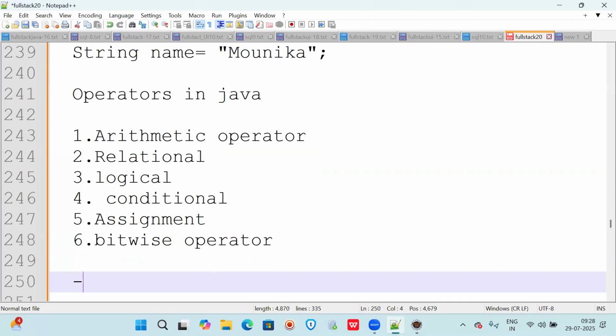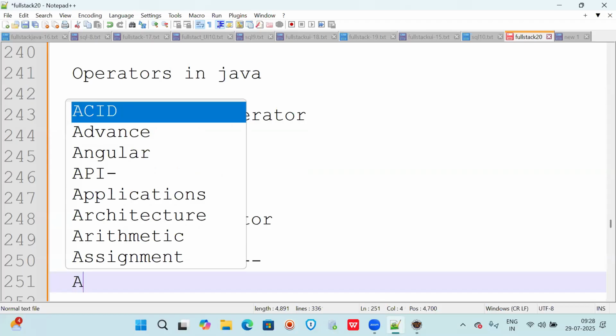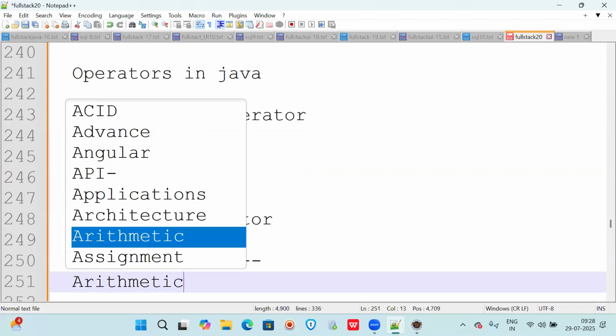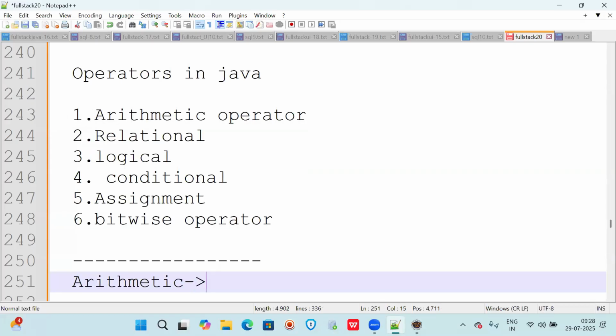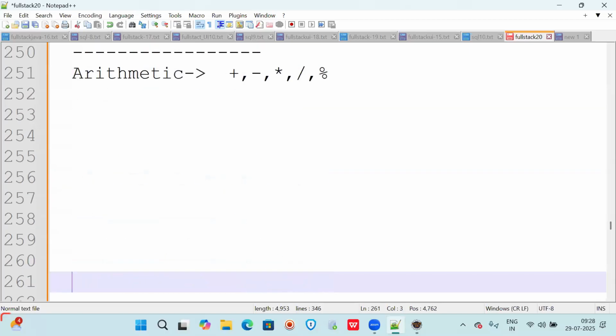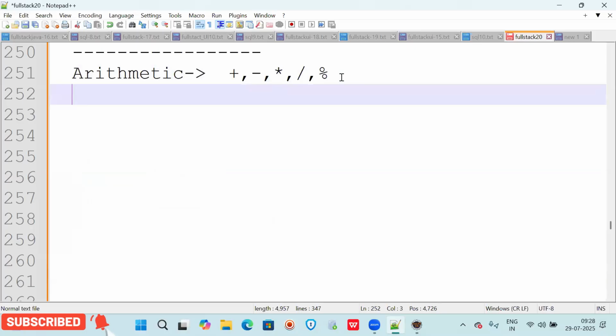The first operator is the arithmetic operator. What are arithmetic operators? We have plus, minus, multiplication, division, and then what? Modulus.